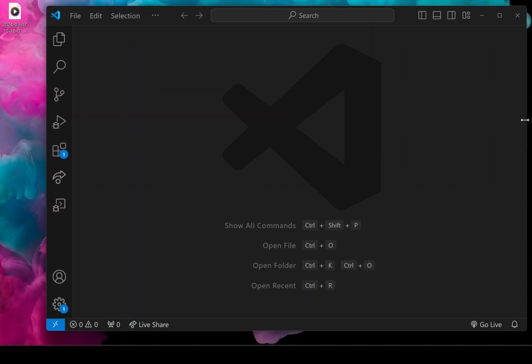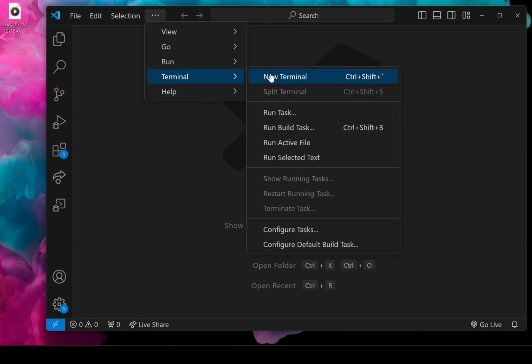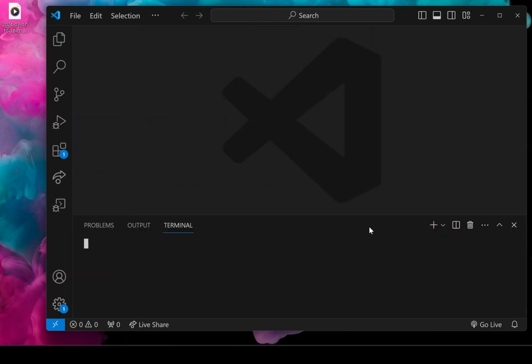Hi everyone, so we're going to be looking at how we can add Spline to our Next.js mini little site. So what I'm going to be doing is I'm going to open up a brand new terminal and create a new Next.js project.